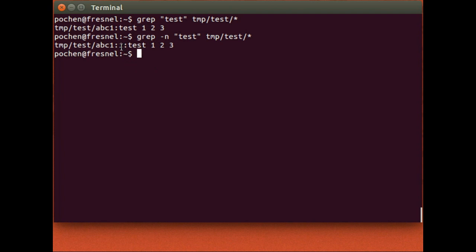Suppose you would like to number the lines, for example. So here it's added one more number. It's telling you it's a 1. So it's actually on the first line. So to make the examples more interesting, we can try to construct some slightly more complicated text. On the temp test I have 3 files, right? If I do a long listing,